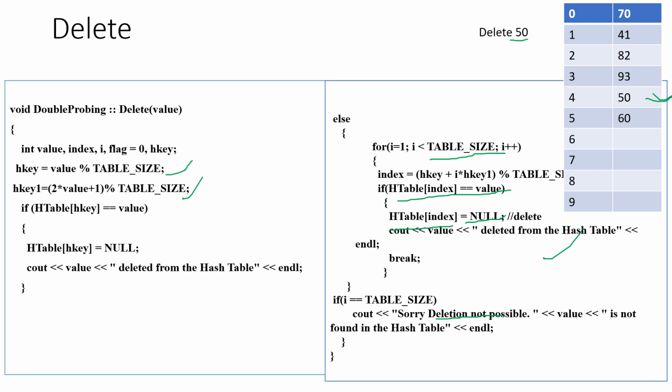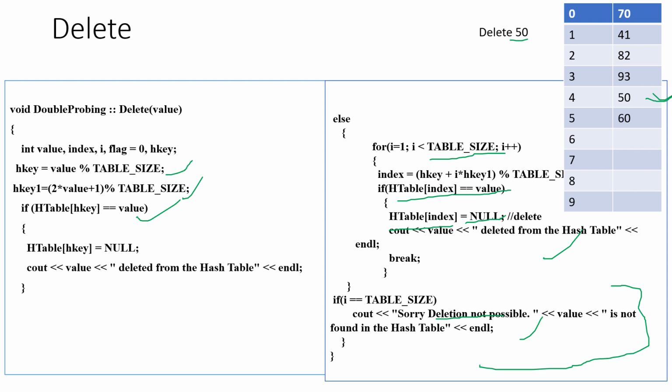So this case is when it will tell you that the element is not found in your table. This case is going to execute, right? If the element is found and collision occurs, then the else part is going to run. If no collision is there, then the if part runs. So there are three things here. One is the if part, another is the else part, and the third one is what? The third one is if your table is free. You can say that the if part is for no collision, the else part is having collision, and another if is for if the table is free. So that's all about the double hashing operations, insertion, deletion and searching, that I have explained